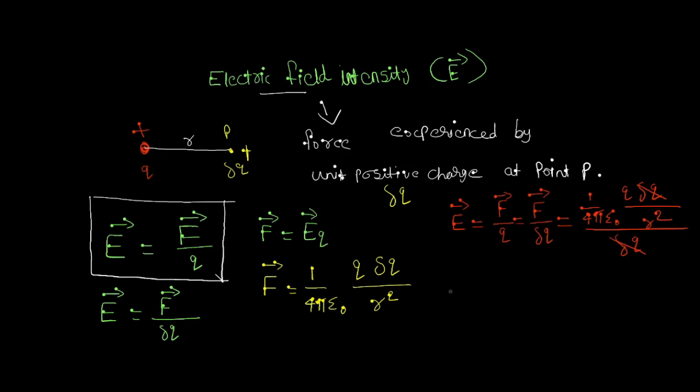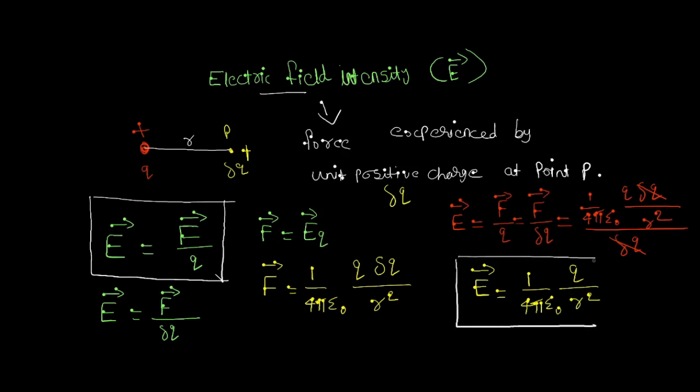Then we get the equation of electric field intensity: E is equal to 1 by 4 pi epsilon 0 Q divided by R square. This is another equation of electric field intensity. So here we got two equations. Electric field intensity is electrostatic force divided by charge, or electric